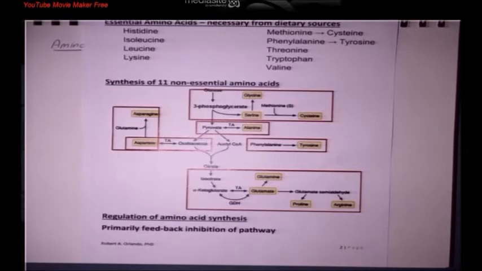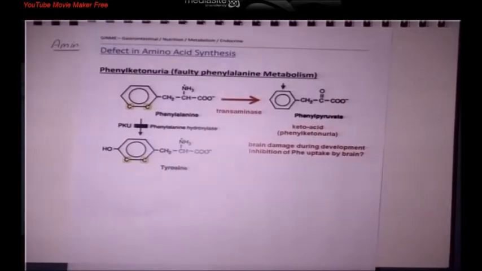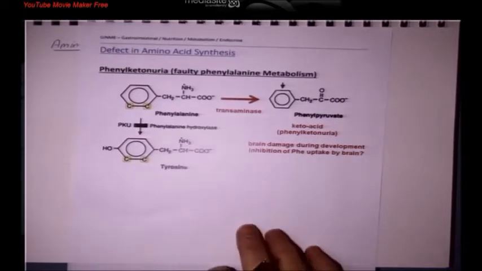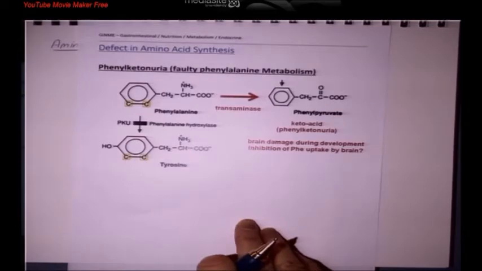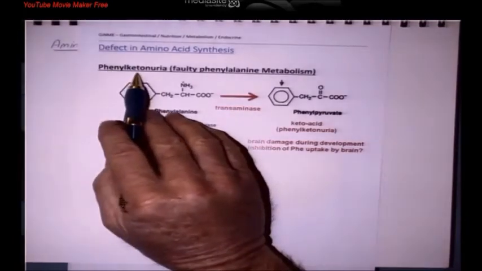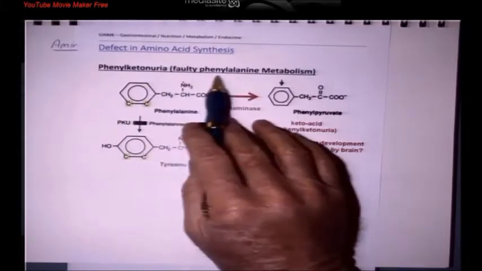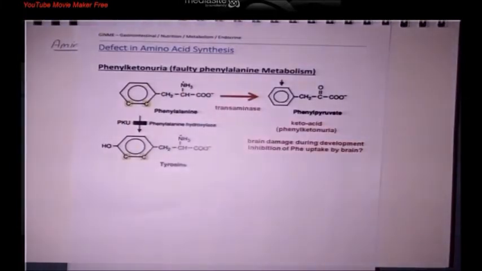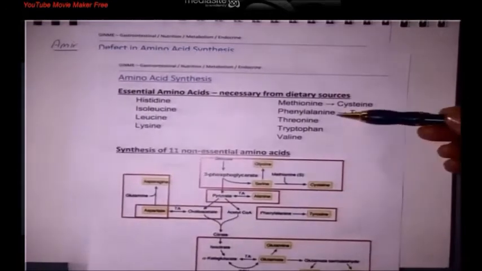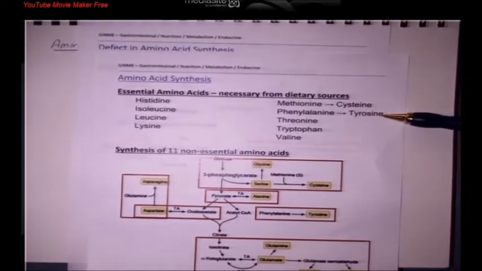So let's start out with the easiest one that most of you pretty much already know, and that's PKU. So I started out with the easy one because this is a very, very simple disorder. So PKU is phenylketonuria, and the problem here is a faulty phenylalanine metabolism. Now what happens here? Phenylalanine, the amino acid phenylalanine, which is an essential amino acid. We get this from our diet. We can't synthesize it. But we can synthesize tyrosine